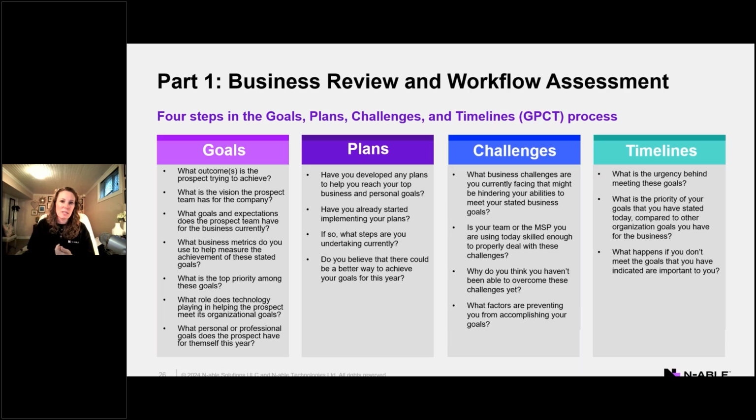meet its organizational goals? And then asking the people in the room, what are their personal goals? Do they have any professional goals that they want to achieve for themselves or maybe for their department for the year? And by bringing it down to the individual level, generally people are very passionate about their goals. So if you can get a good understanding of them and how it relates to them, it's going to then be easy to keep the rest of the conversation really focused around helping them achieve what their personal